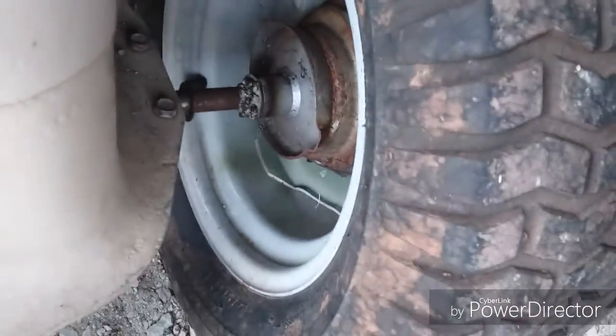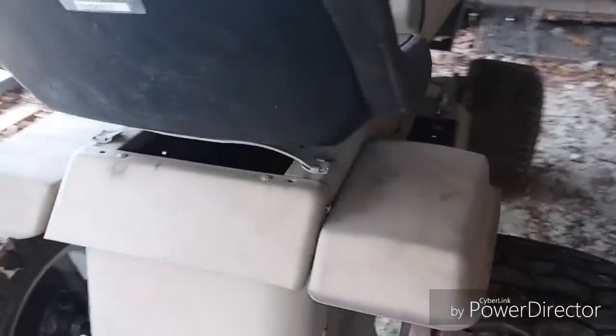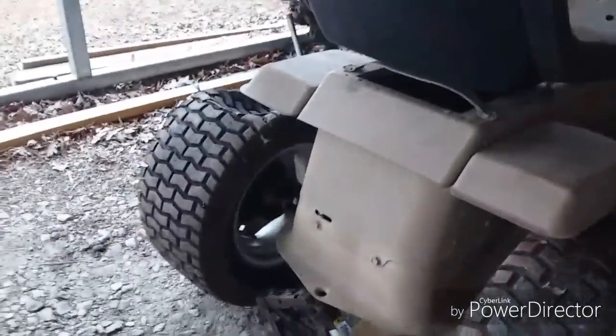So with that being said, I'm going to try to undo my nasty looking wheels. I know they're terrible. They're wobbly as all heck. So yeah, it's not safe. So without further ado, I also wanted to show you,